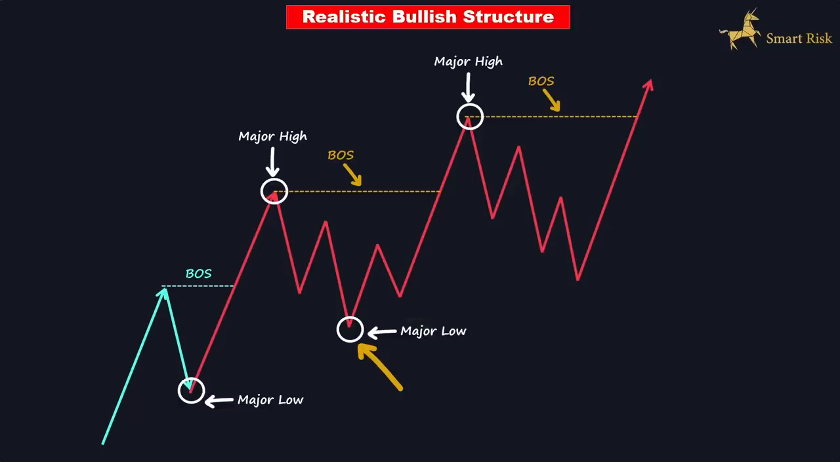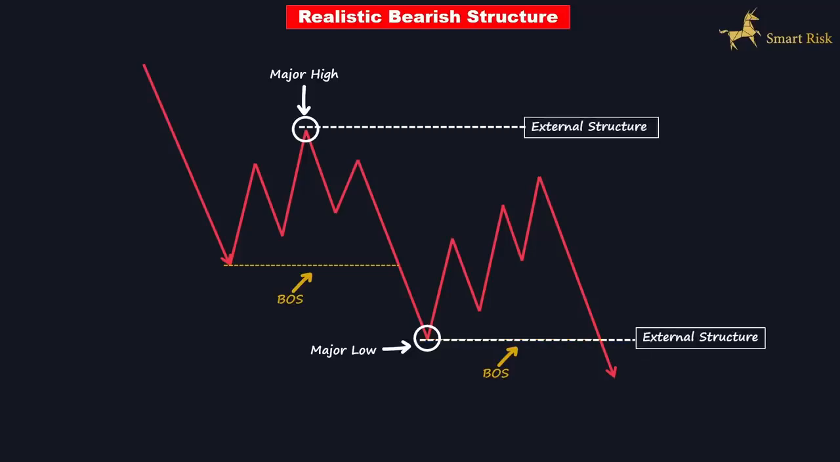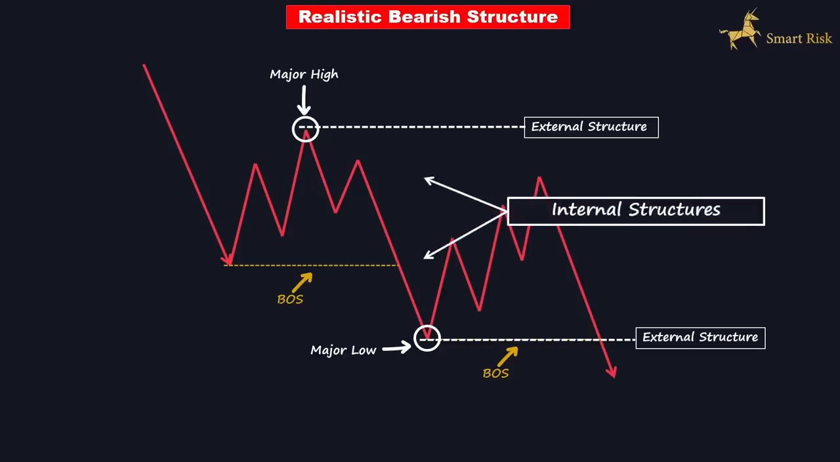of structure. Moving on to the bearish scenario, which is simply the same as the bullish scenario, initiating the bearish wave leading to a break of structure. Additionally, we have a major low, marking the lowest point the price reached after the break of structure. These two structures, the major high and low, constitute our external structures, while everything formed between them is considered internal